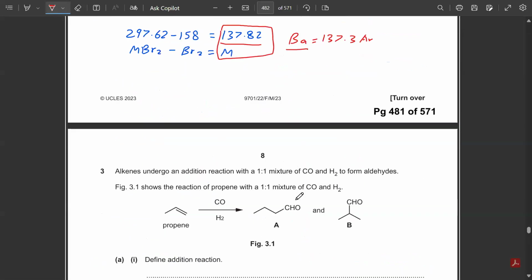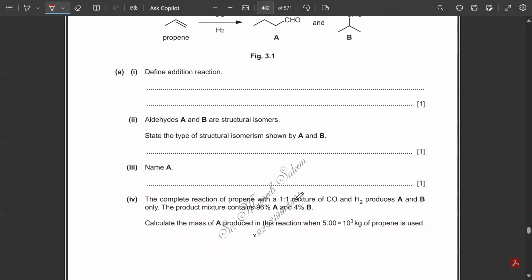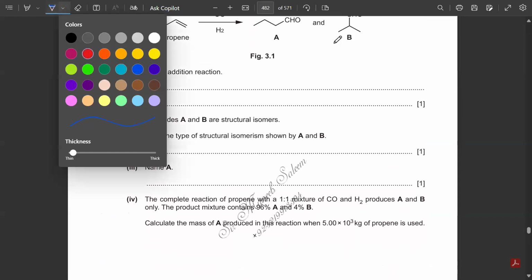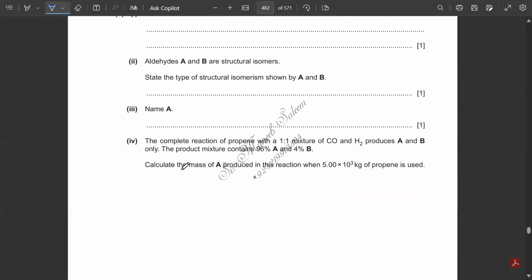Now we'll move to the next question. Question number 3, part A, subpart 4. The reaction of propene with a 1:1 mixture of carbon monoxide and H2 produces A and B. The product mixture contains 96% A and 4% B. Calculate the mass of A produced in this mixed reaction when 5 into 10 to the power 3 kg of propene is used. Okay, now in this question,